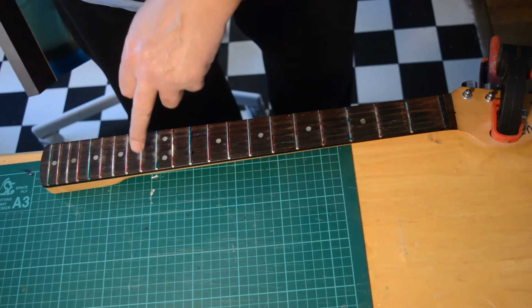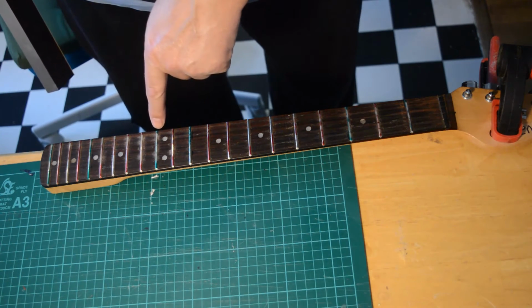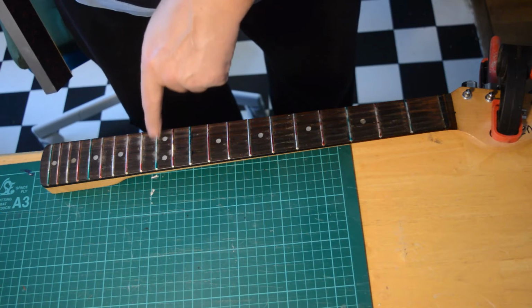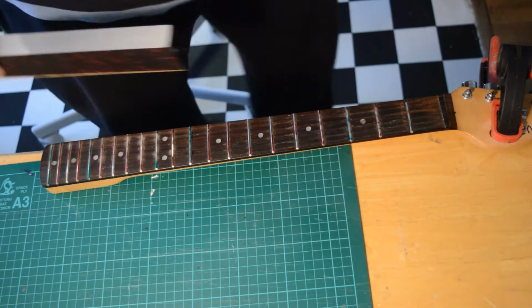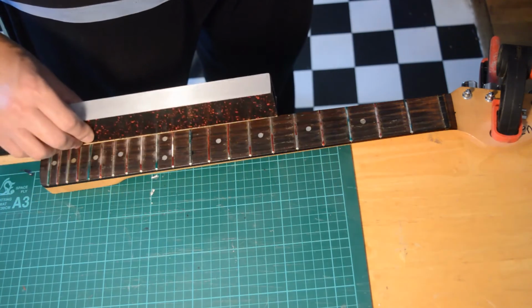That's taken off quite a bit there, hasn't it, on that one? It's hit that low one as well, actually. So that must have been quite high in itself, I think. Okay, let's carry on. When you do this, make sure you go right to the edge as well, so you